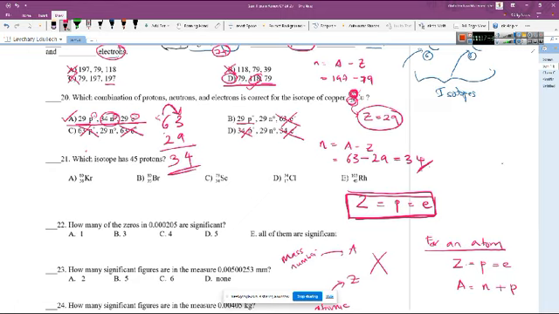How do you calculate the number of neutrons? Simply mass number minus atomic number, which is equal